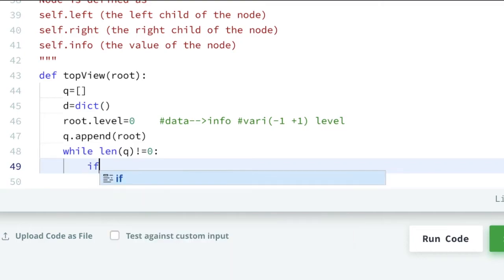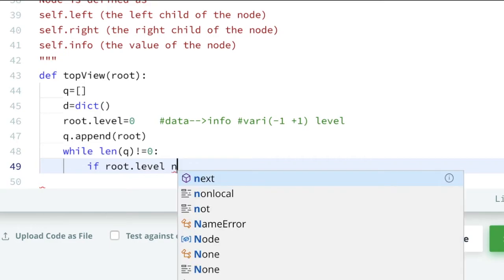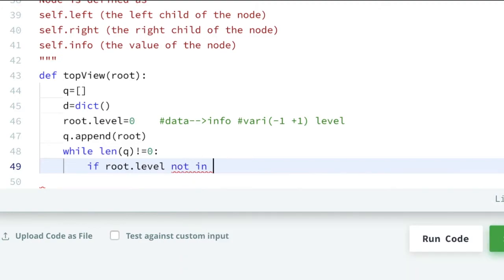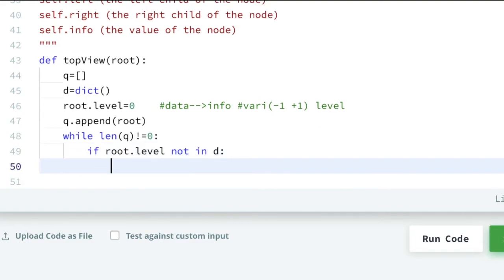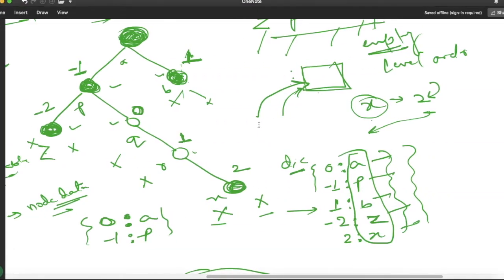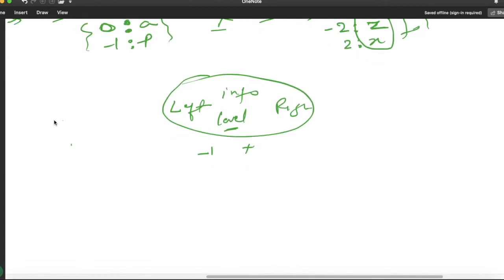So let us apply our logic here. Now we are going to check if root dot level, that variable, is not in D. So initially we are checking in the dictionary. If it is not in the dictionary, then for the initial root node, we will treat that variable, root dot level, as a key of my dictionary, and its value will be root dot info. Initially this queue will have the root node, and this root node is having 4 parts: left, right, info and level.